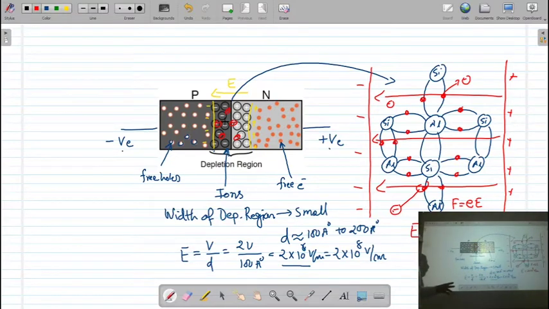In an avalanche breakdown, what will happen? The width of the depletion region is very large, so you have to apply a large amount of reverse bias voltage, and the breakdown will occur at 50 volt, 100 volt or 200 volt, and in that case the current will be in the order of a few microampere. So this is the difference between Zener breakdown and avalanche breakdown. Now let us see the characteristics.